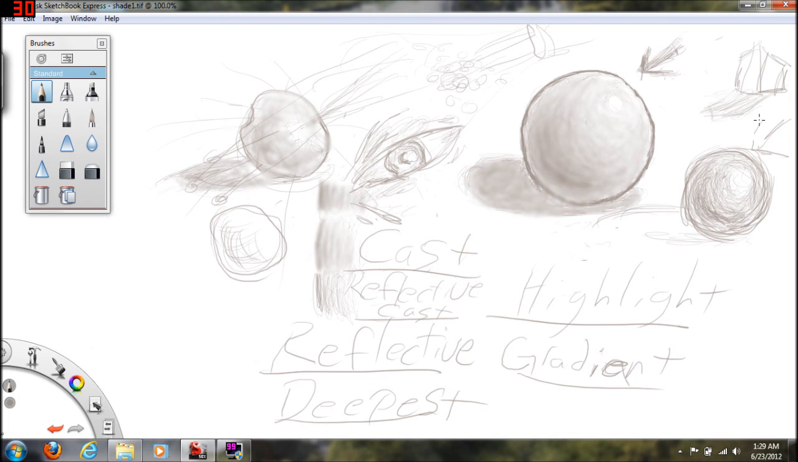So you always want to make sure when you do your cast shadow that it is at least representative in a two-dimensional space of the object you are shading. You see, even with this box, since this is the dark side, a lot of times with boxes, you